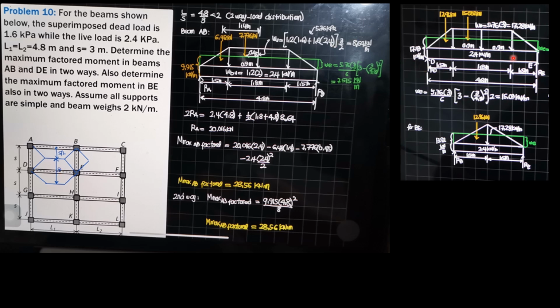This is the figure, and the intensity of the load is now 5.76 times S. So pressure 5.76 times S3, 17.28 kilonewtons per meter. So considering the original loading, so that you don't memorize, the reaction at D and E are equal. Summation of vertical forces, Y equals 0, 2RD